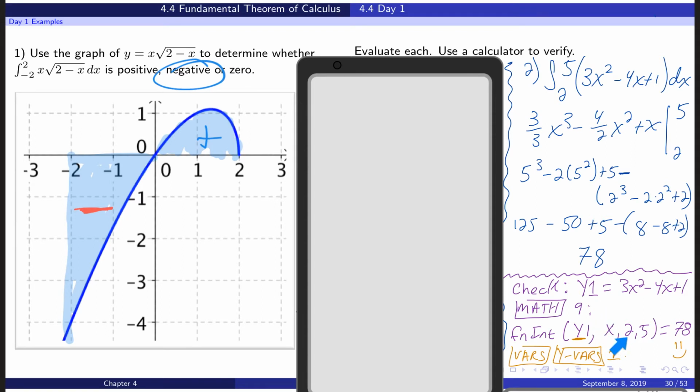And then you need to give your calculator a starting and ending point. So we're going to start at 2 and end at 5. If you typed it in correctly, you wind up with 78. y1, again, as a reminder, is inside vars, y vars, choice 1. Okay, so now for the more complicated one,